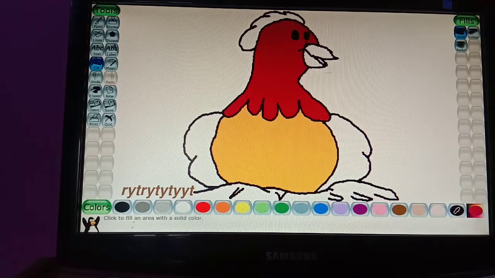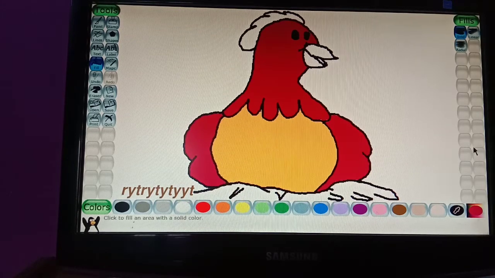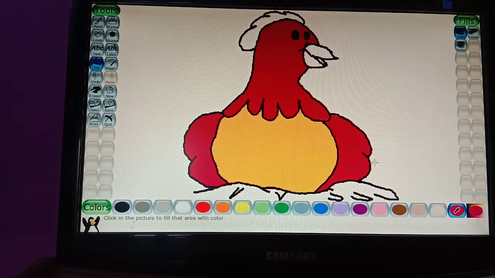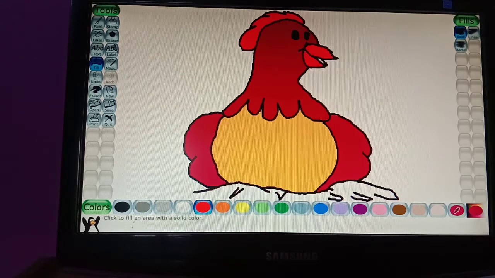Wait a minute, this should not be like that. Okay, on red color. This is your hen. You can color it easily. So this is how you can use pages with the help of the new option.